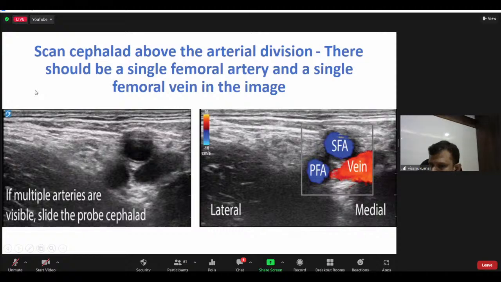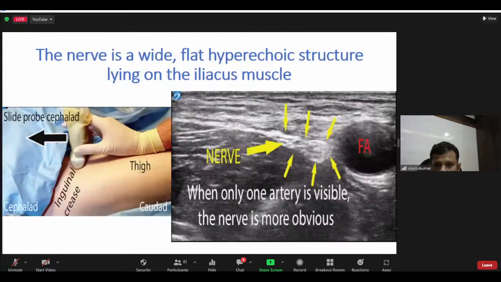The first thing is you have to palpate the femoral artery, place the probe over the femoral artery, and identify the vessels. And if you are seeing more than 2 vessels, you have to scan proximally, until there is a single femoral artery. Now, if you see this, here you have got one single femoral artery, one single femoral vein, and